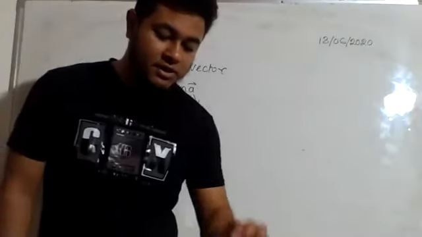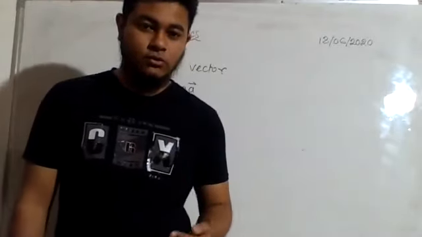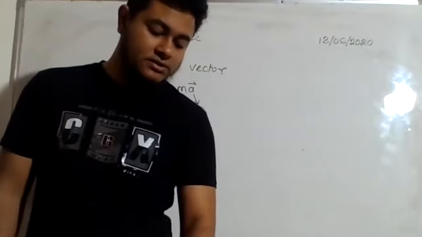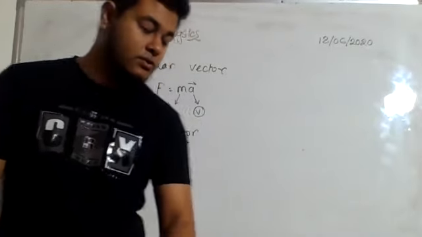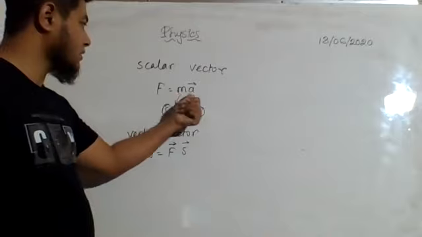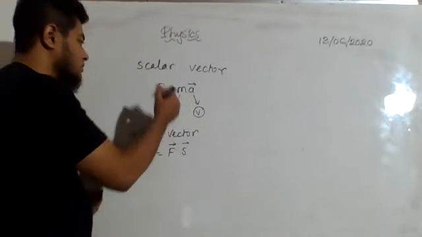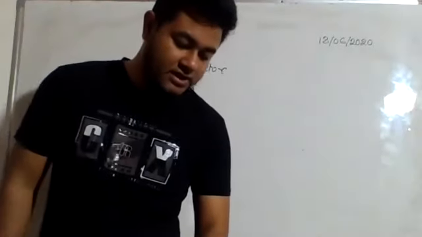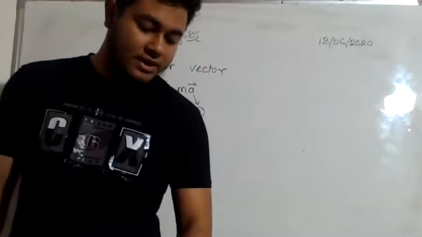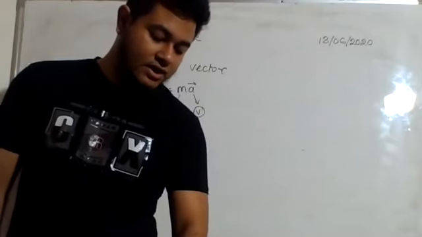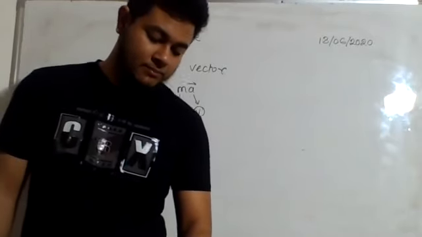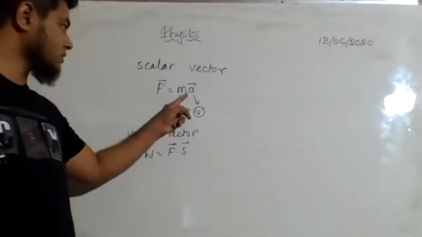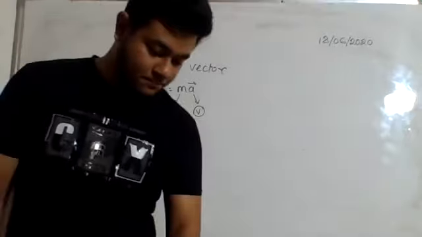Multiplication of a vector by a scalar. We are going through this topic first. Now, if we multiply a vector quantity by a scalar quantity, the result would be a vector quantity. Force is a vector quantity. So when a vector quantity A is multiplied by a scalar m, then we get a new vector mA, whose magnitude is mA and the direction is towards the direction of A. Yes, it will be according to the direction of A.